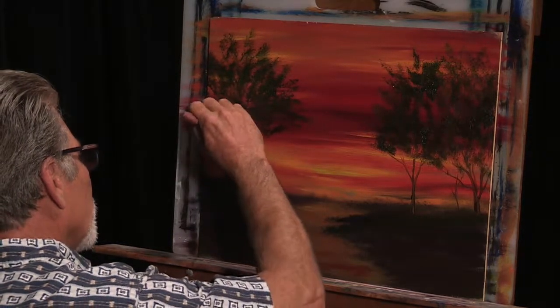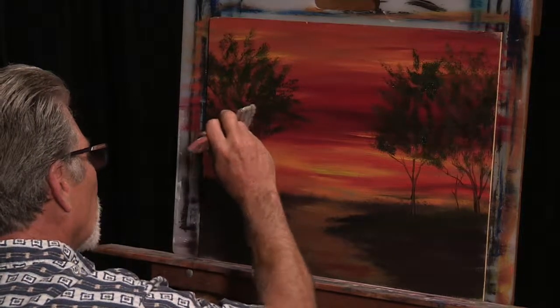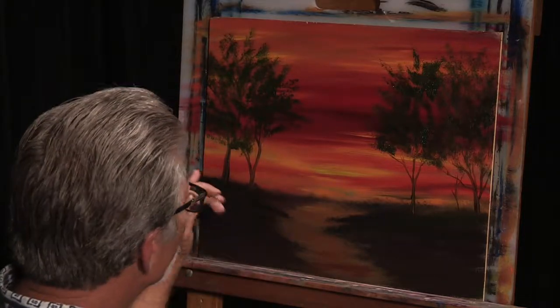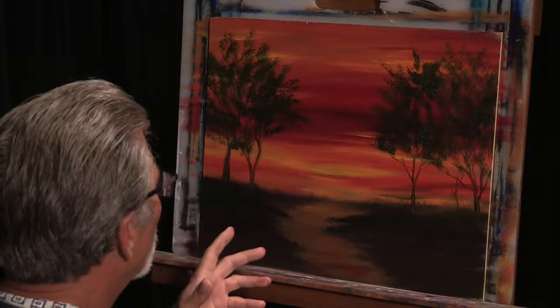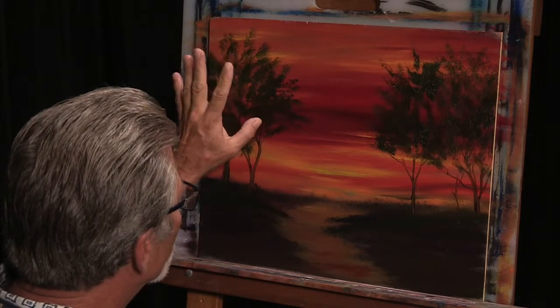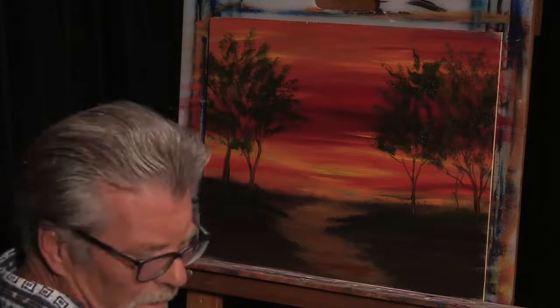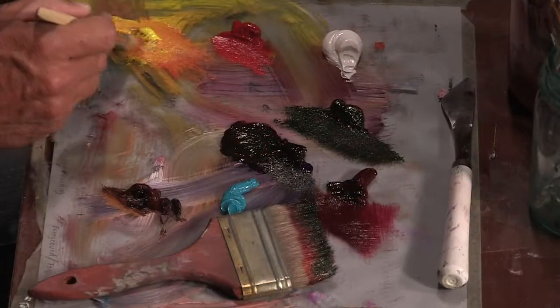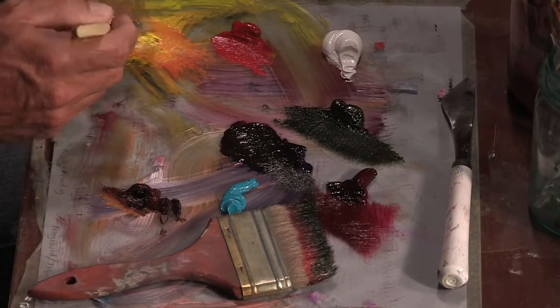The reason I did that is because I just don't want to kill all of that background color back behind there. So now we've got a nice little start there. The sap green that I use for the trees is so dark that you really don't see the green in it much, but you will up close. So what I'm going to do now is grab just that little 1-inch brush again, and I'm going to go in